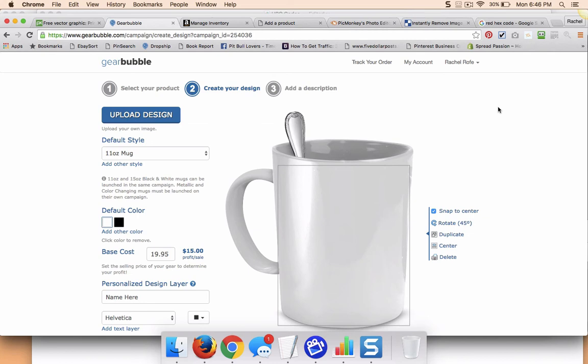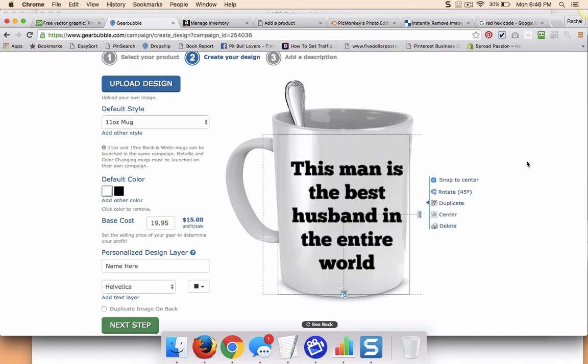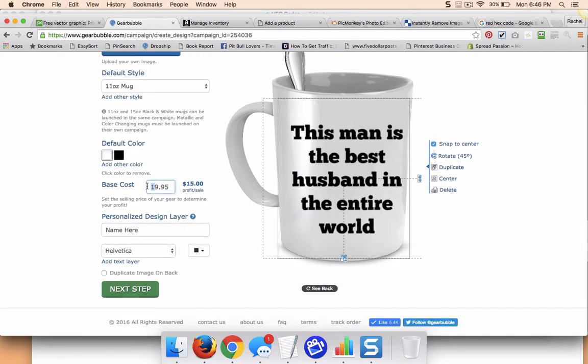The way that works is you create a design on one side for Gearbubble. So I just made one. I'll just put that in. Do something really basic here. And then the thinking being that people will go and add their picture in on the back. So for now, I'm just going to hit this man is the best husband in the entire world. I am not going to put anything in the back because I want to put my picture on the back